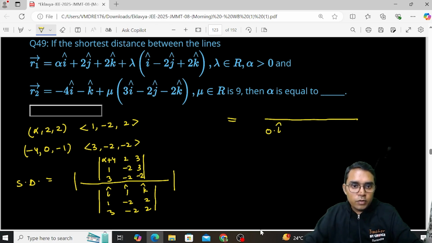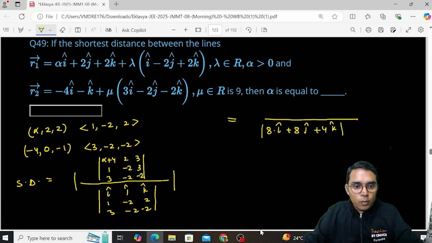Is that right? Because 1 minus 2 2, yeah, that is, wait, I think I have written it wrong because it is minus 2 here. So then it is not 0, it will be 2 into 2 4, 4 plus 4 8, 8 i cap here, and for j it will be minus 2 minus 6, so minus 8, it will become plus 8, and for k it will be minus 2 plus 6, so it will be plus 4 k cap,